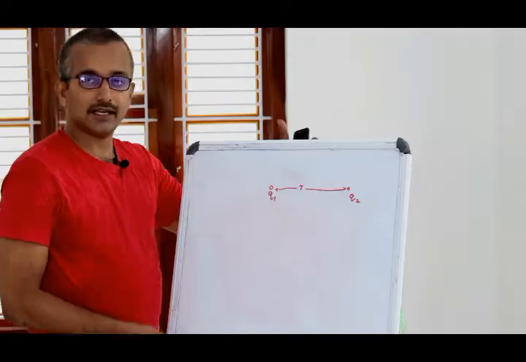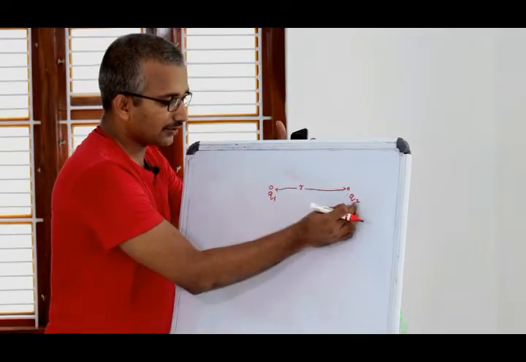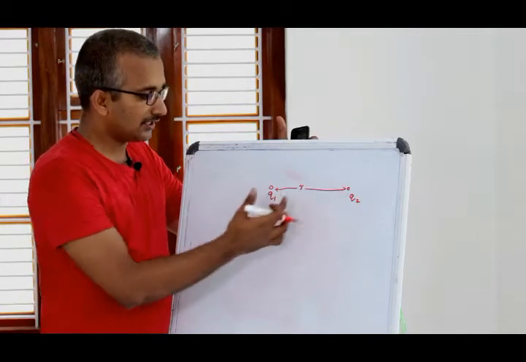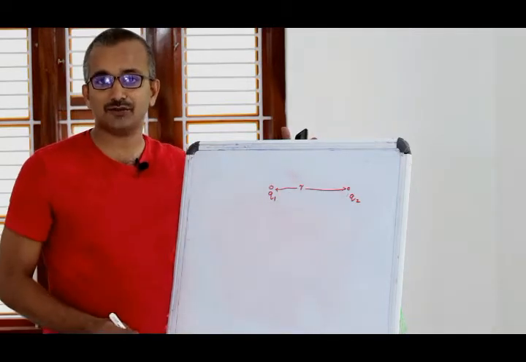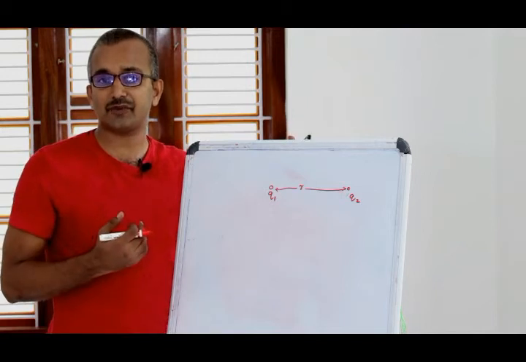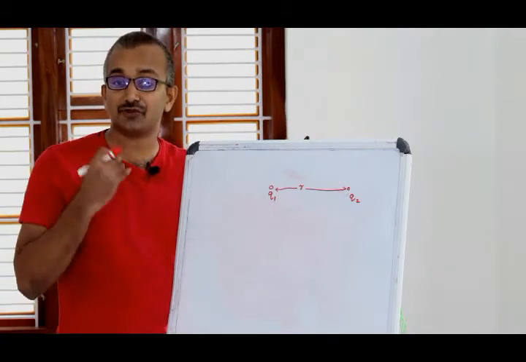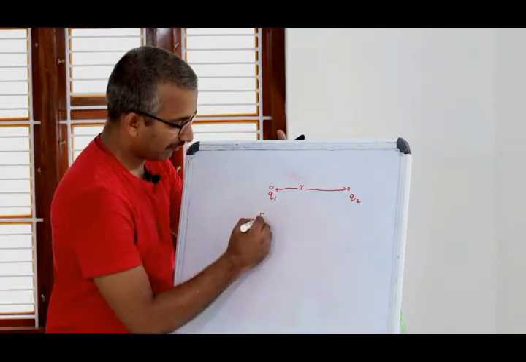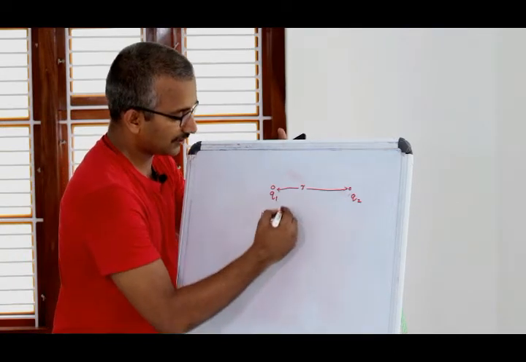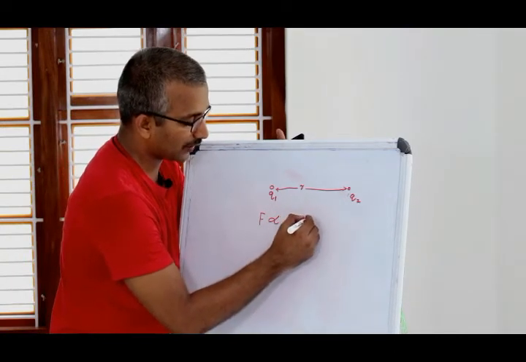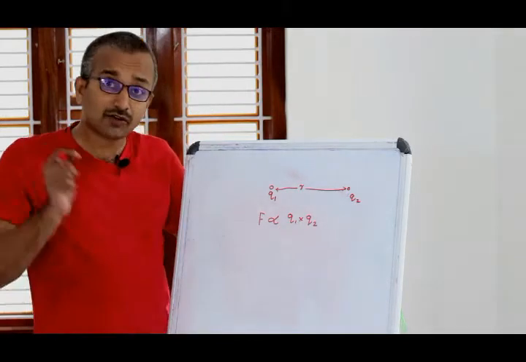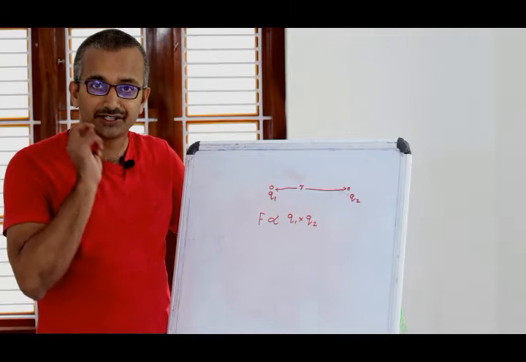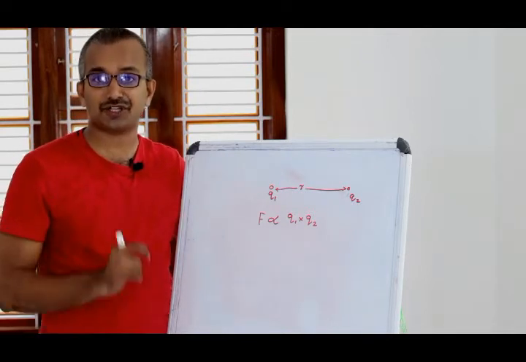And let me explain it on the blackboard. Let's go directly to the mathematical expression of Coulomb's law. Let there be two charges Q1 and Q2, and the distance between the charges be R. As per Coulomb's law, the force of attraction or repulsion between the charges is directly proportional to the product of the charges. In mathematical expression, we can write it as F is directly proportional to the product of charges Q1 into Q2. And Coulomb's law states that the force of attraction or repulsion is inversely proportional to the square